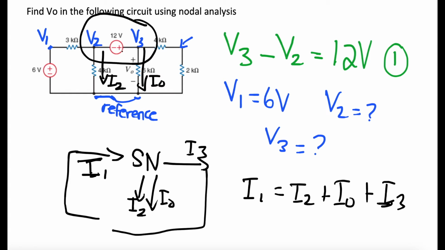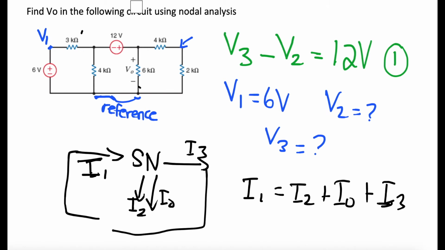supernode, right? And we can assume already that it's a clockwise notation, because if we use our passive sign convention, guys, we can see that the positive end, the I0, is coming down this way, right? Because the positive end is here using passive sign convention, we know that the current always enters the positive side, right? So we can assume that the current is flowing in a clockwise direction. So that's why I1 is coming in, and I2, I0, and I3 are what are exiting the supernode, right?